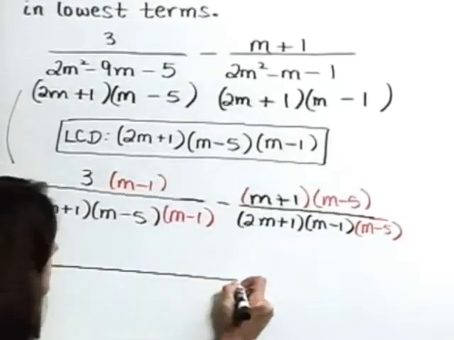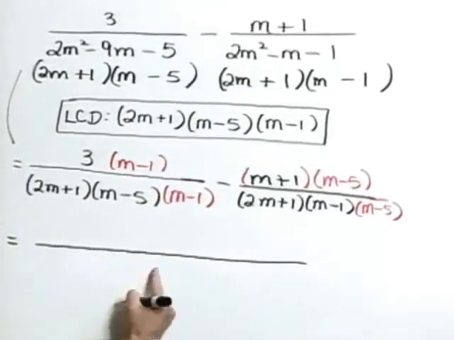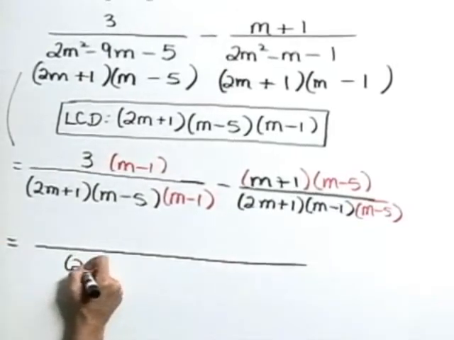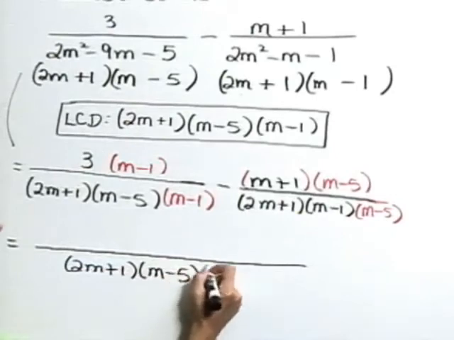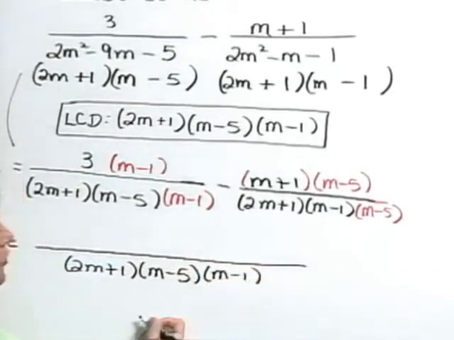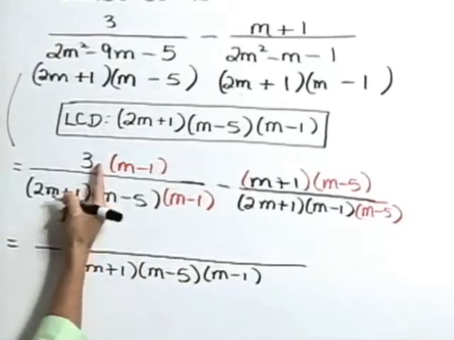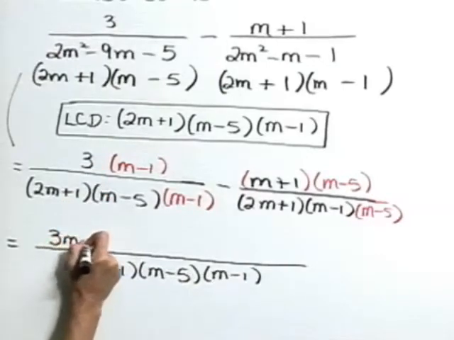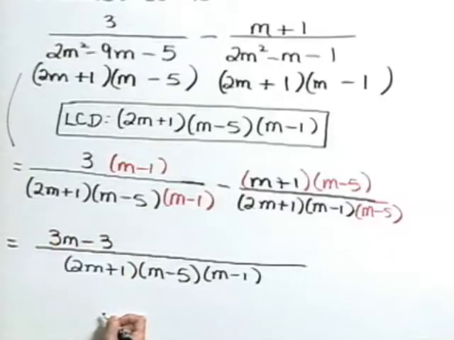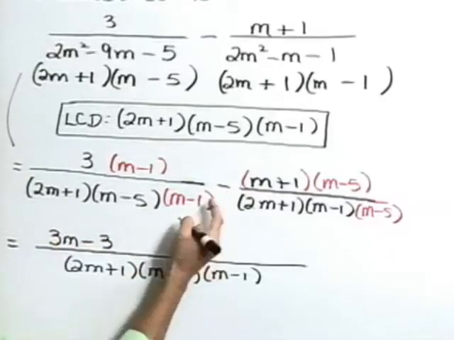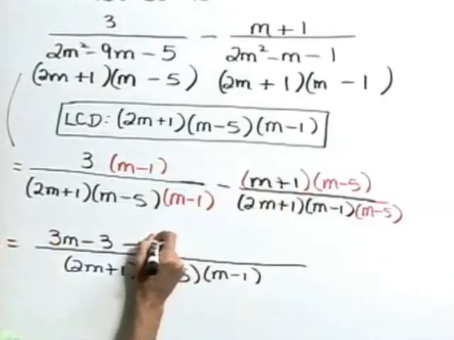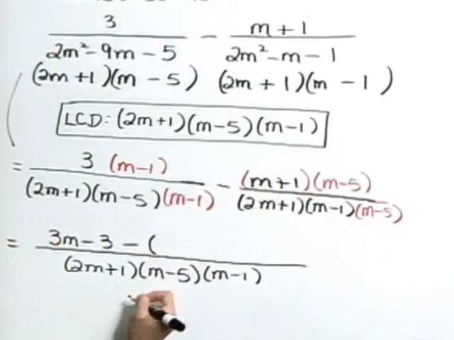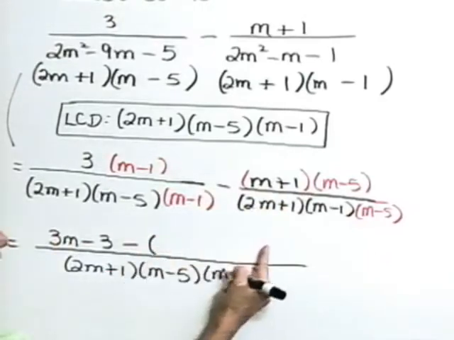So at our next step, let's just write that denominator one time with one long fraction bar: 2m plus 1 times m minus 5 times m minus 1. And let's begin to simplify the numerators. Starting here with multiplication, we get a 3m minus 3. Now be careful with this minus sign. We're going to have to subtract everything that follows it. So I'm going to put a subtraction symbol and then open a parenthesis so I remember to subtract everything that